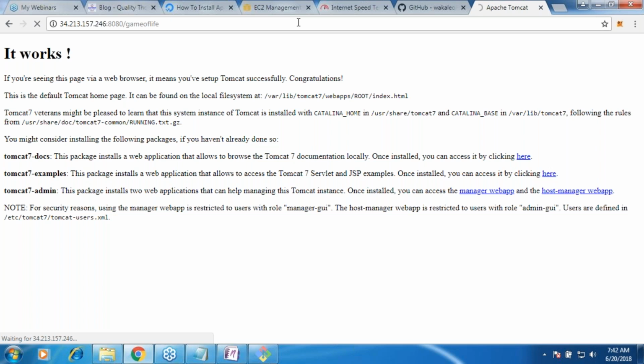I'm not worried whether it works or not. What are the different steps we have done? We have got the file. We have copied the war to Tomcat, right? So this application will work if Game of Life works on Java 7. If it requires Java 8, it will fail. So you got those aspects, right?